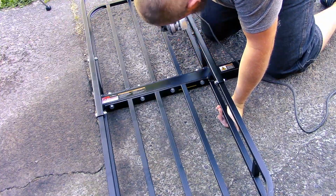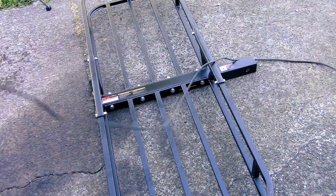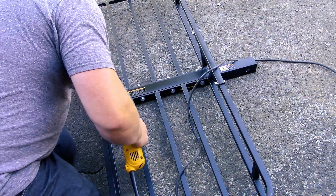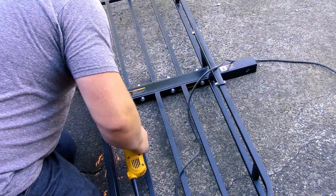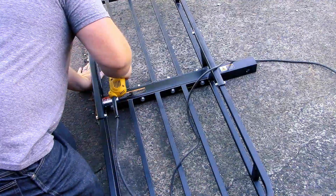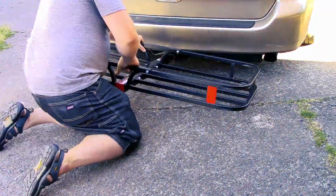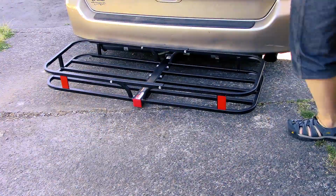Speaking of available space, once it is fully assembled, the inside dimensions are 17 3/4 inches by 51 1/2 inches, with 16 3/4 inches clear space between the nuts on the crossbars. Remember though that the corners are rounded, it is not a perfect square. That's it! The entire thing can be assembled in about 15 minutes, though it will take more time if you